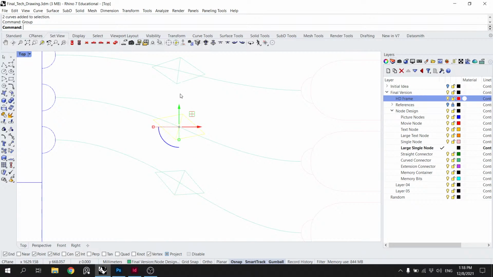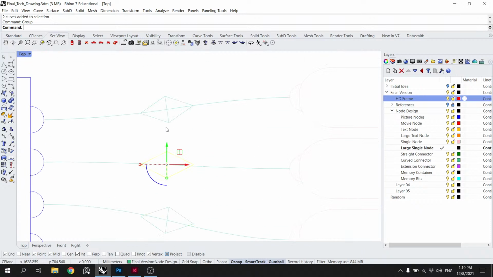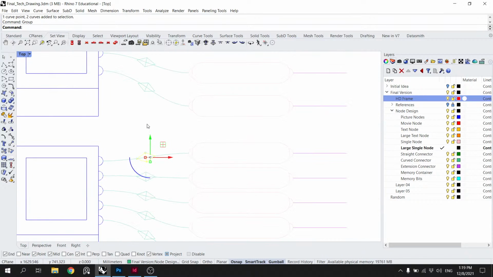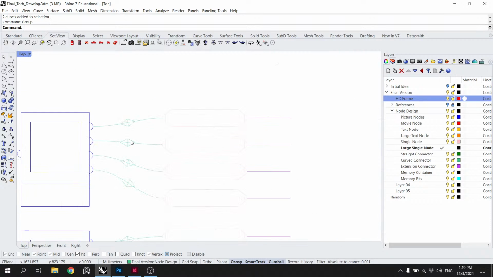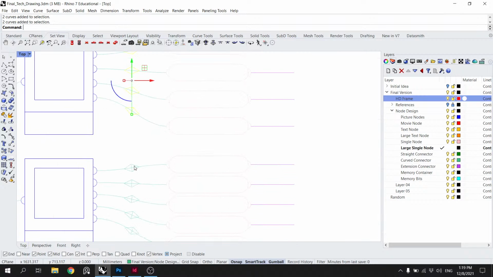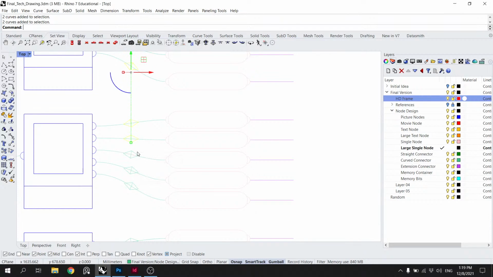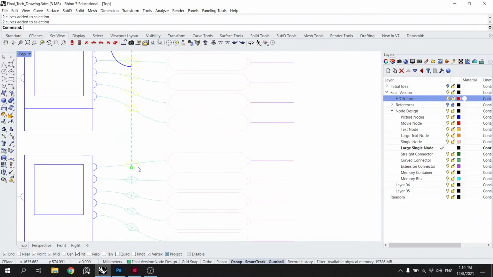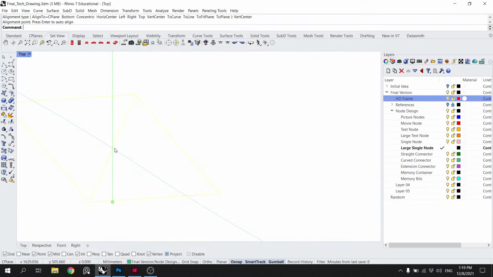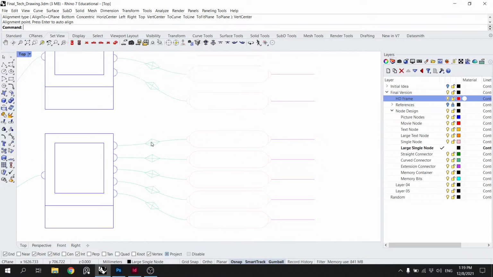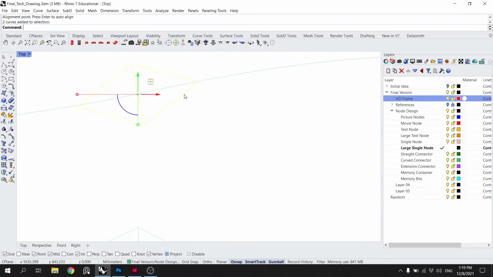Group, group, group, group, group, group, group, group, group. I just gotta go through and do the rotates.